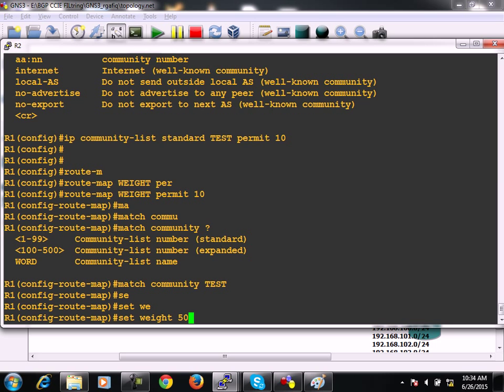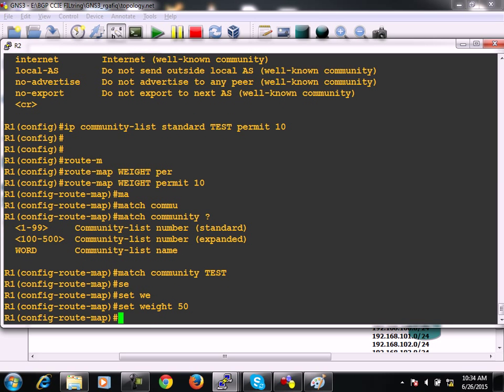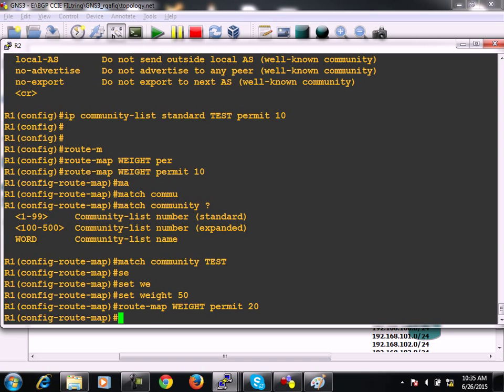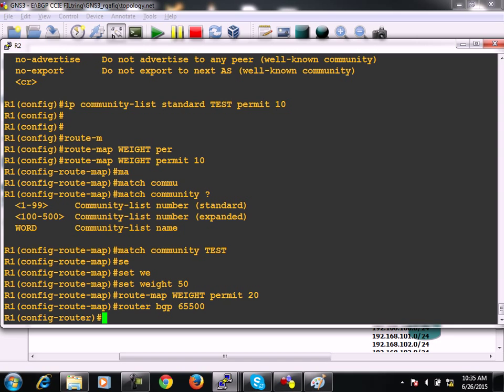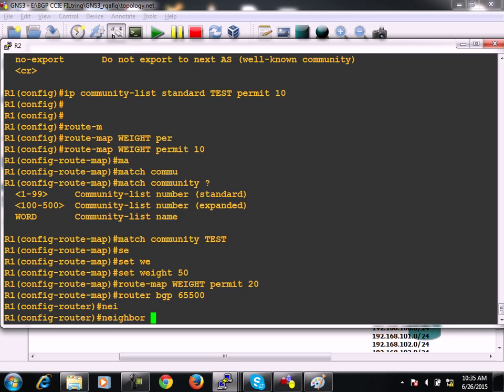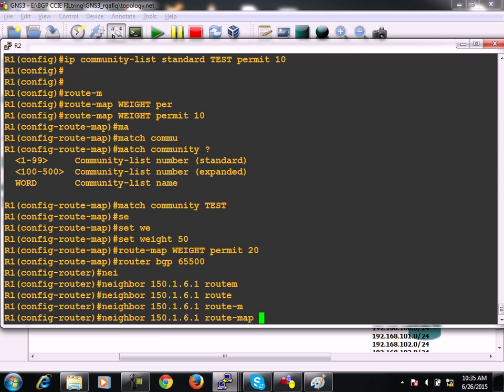And for all those prefixes which will not match your community list should also be allowed with the default attributes. So you have to create another statement of the same route map with permit and a sequence number higher than 10, and then apply this route map. And for which neighbor will you apply this route map? For R5 or for R6? R6. Why R5? It's already having its best path. So neighbor 6.1 route map name was